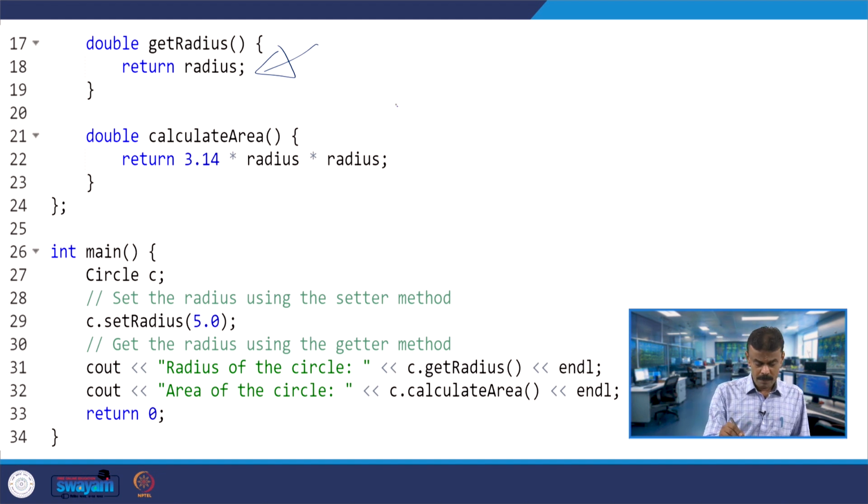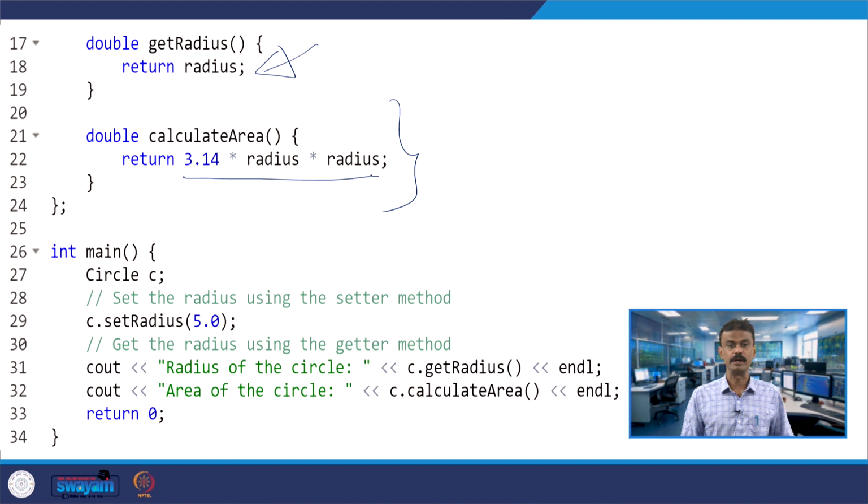One more member function we have is calculateArea. The calculateArea returns pi r squared, 3.14 into radius into radius. Now you are creating an object C whose class is Circle. This object is calling the set function.